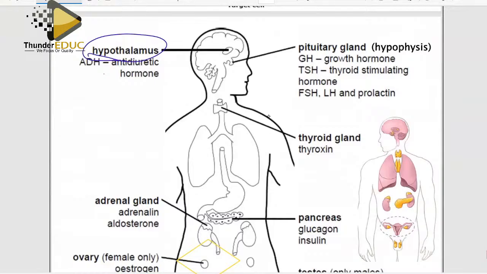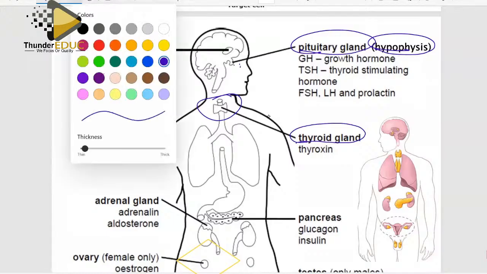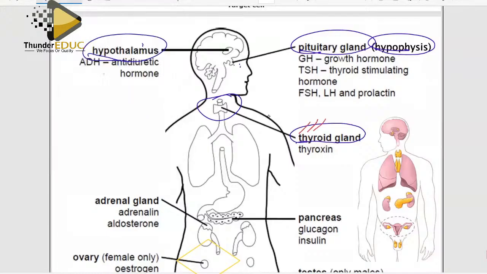We have heard about the hypophysis or the pituitary gland. We know it from the brain. So we know the position of the hypothalamus and the position of the pituitary gland. Now we have the one which is found in the neck. It's a new one to be introduced. This one is called the thyroid gland, meaning that this is the first new gland we need to know. We have never heard about it.